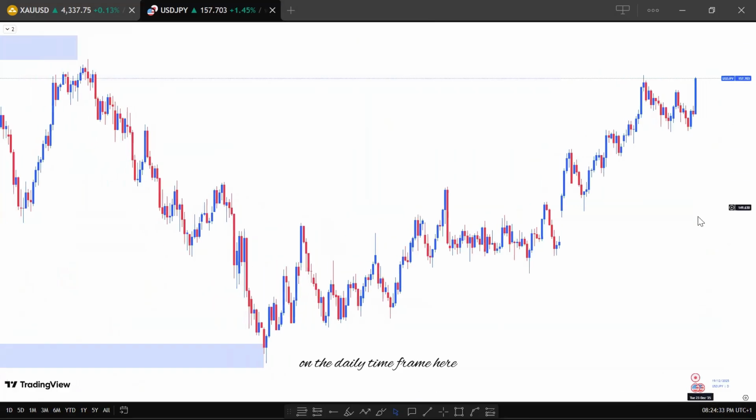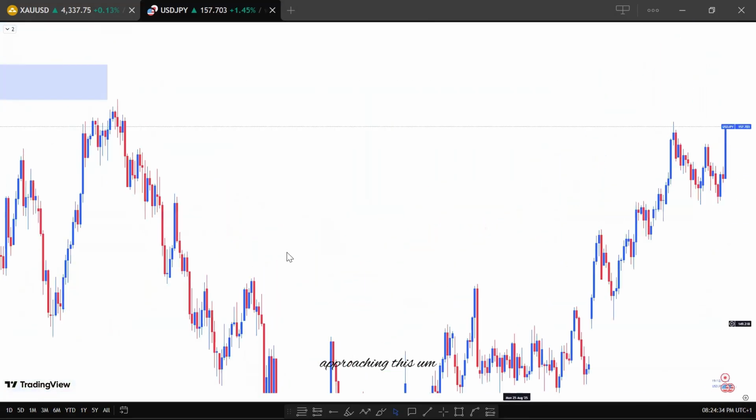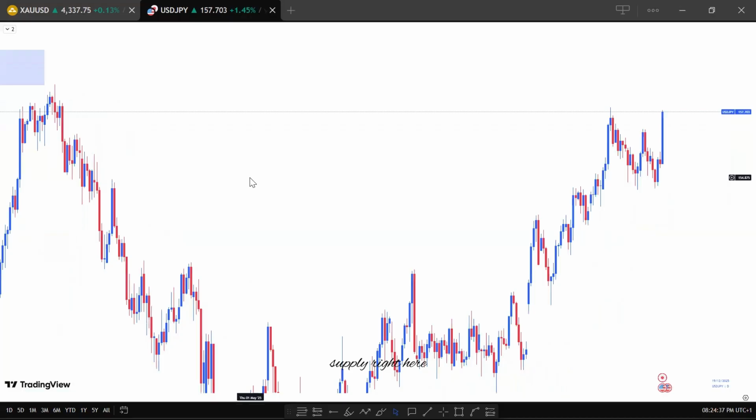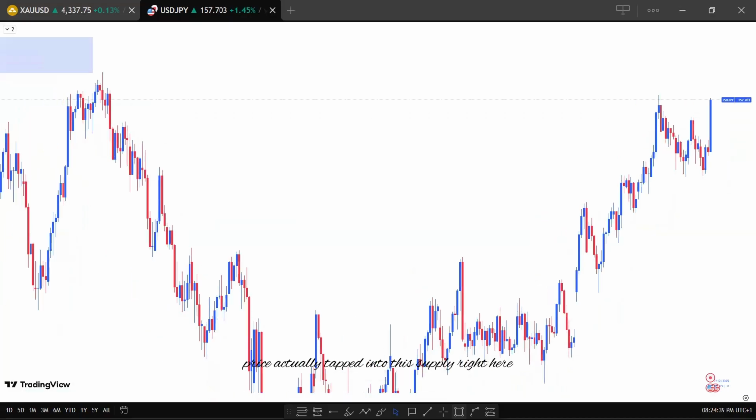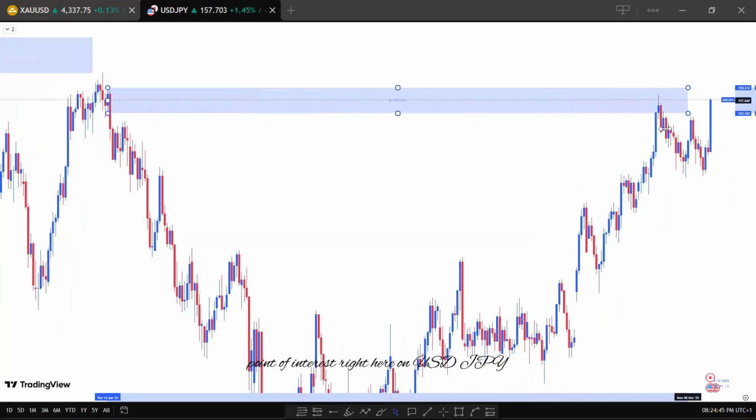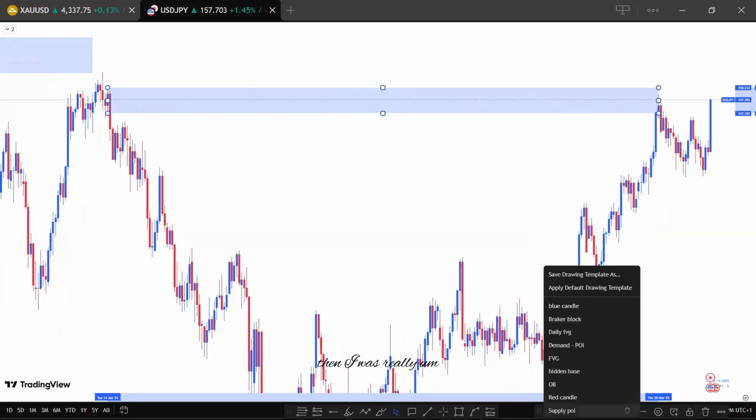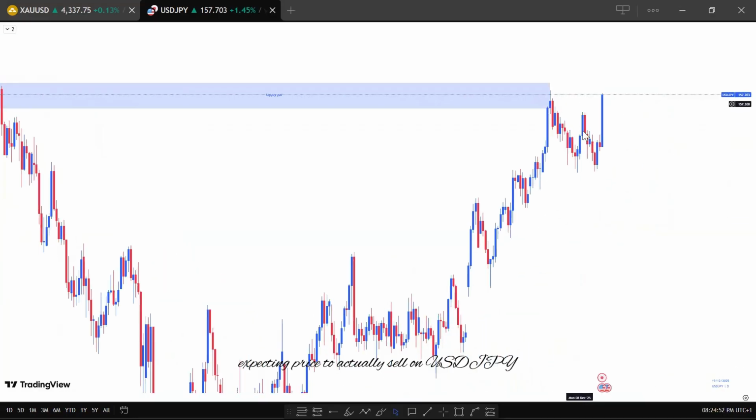On the daily time frame here, price was approaching this supply right here. Price tapped into this supply point of interest on USDJPY. Then I was really expecting price to sell on USDJPY. But if you take notice here,